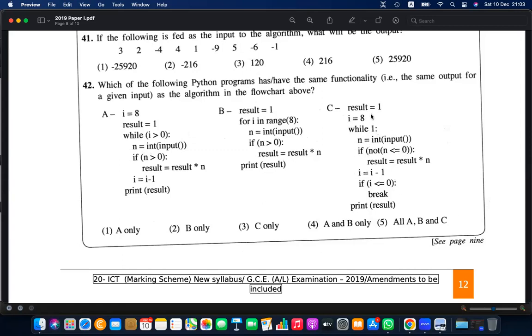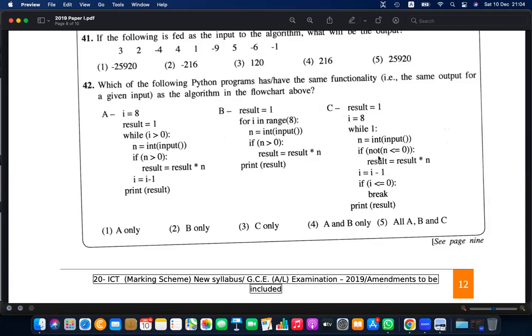You have to break somewhere. At which point are you going to break? You are going to deduct 1 from this, and when it is less than or equal to 0, it breaks. That means this will also run 8 times and get the input, and if it is not